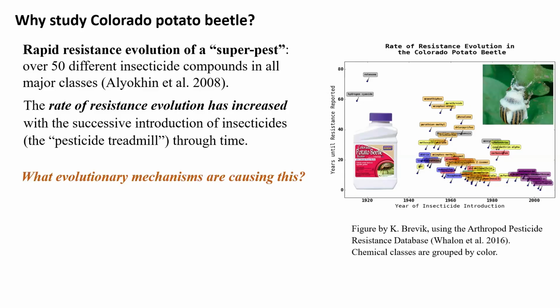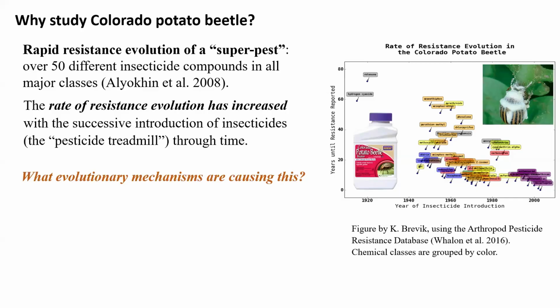And so that's really significant. It's not just resistant to one class of chemicals, but a whole bunch of them. This little figure shows you the development of different chemicals through time. They're colored by mode of action, which is how it attacks the insect at the cellular level or in the nervous system, for example. And so you can see that the colors change because there are new chemistries that get developed